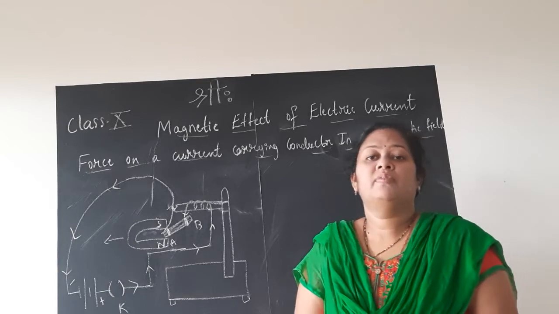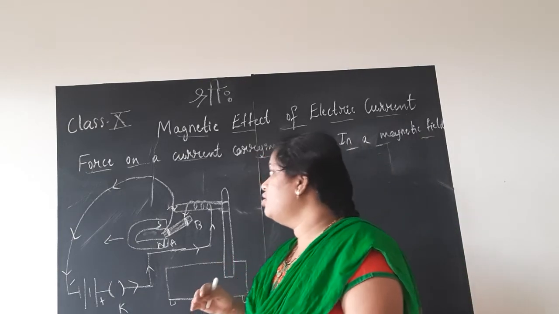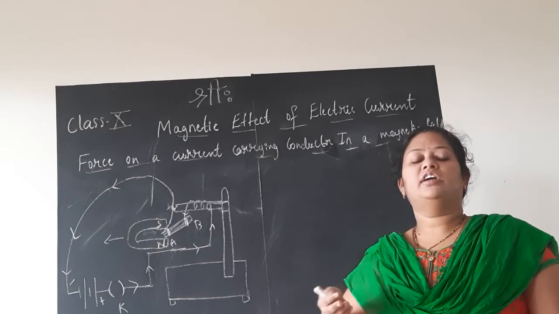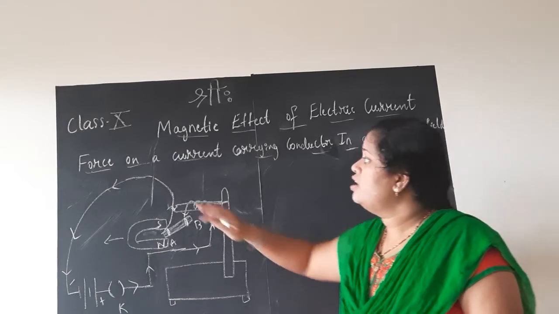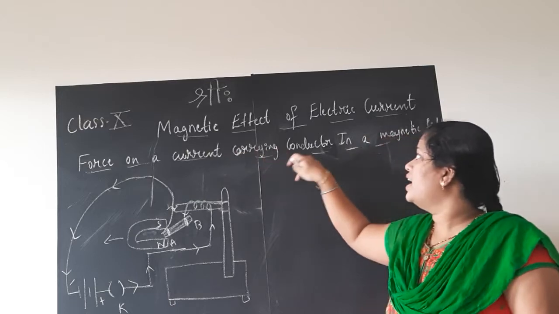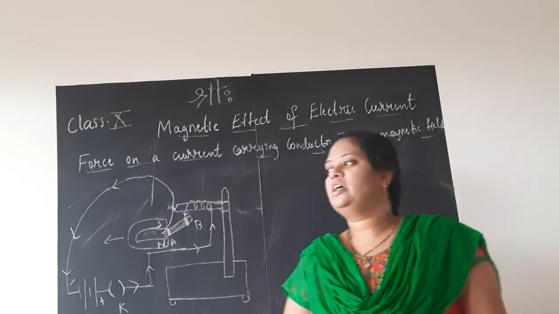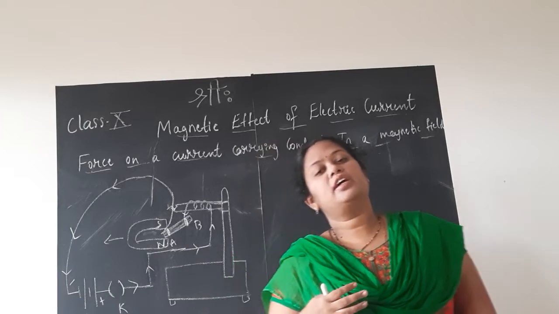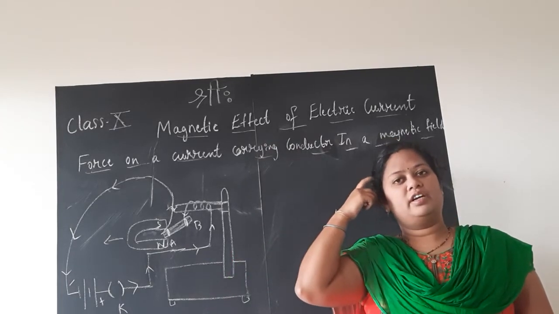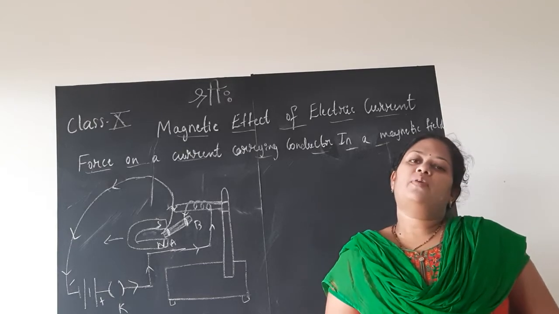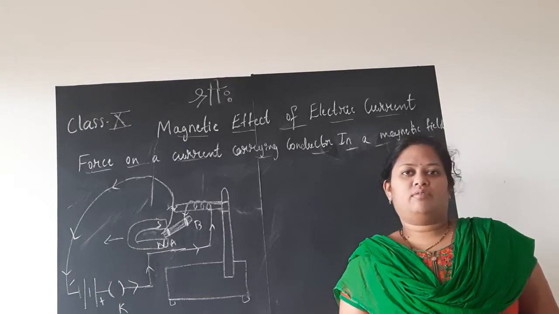In today's session, as I told you in the previous session, that was the end of the conductor topics related to magnetic field. Now we shall discuss the force on a current carrying conductor in the magnetic field. So we all know by this time that any current carrying conductor produces a magnetic field around it. We all know, no? Any current carrying conductor you consider, it produces a magnetic field around it.